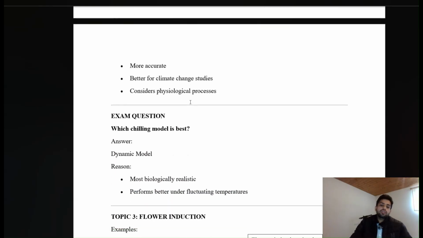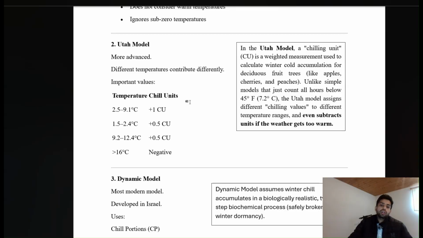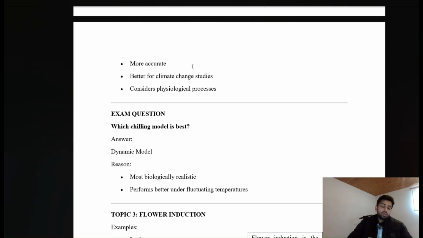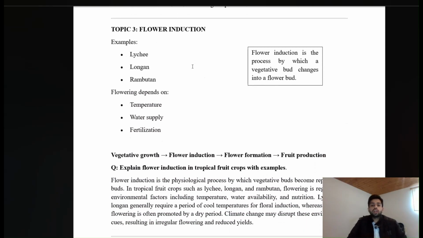And after that, if I talk about which chilling model is best, it is obviously the dynamic model because it has two verifications. Its reason is that it is the most biologically realistic and performs better under fluctuating temperature, like the second model, the Utah model. There it is also counting the fluctuating hours, so dynamic is also doing this, so that's why it is the best model. And now the third topic, flower induction,